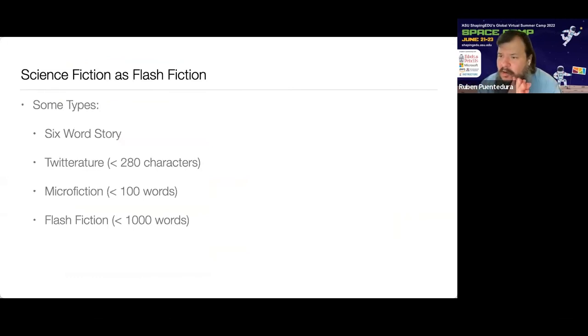So here's the challenge I'm going to leave you with as we wrap up. And I apologize, I'm running a couple of minutes over, but I promise we'll be done in just a couple. One of the things you can do is read all of these and many other examples. I'll talk more about that at Space Camp. But I always like to leave people with an idea to make something.